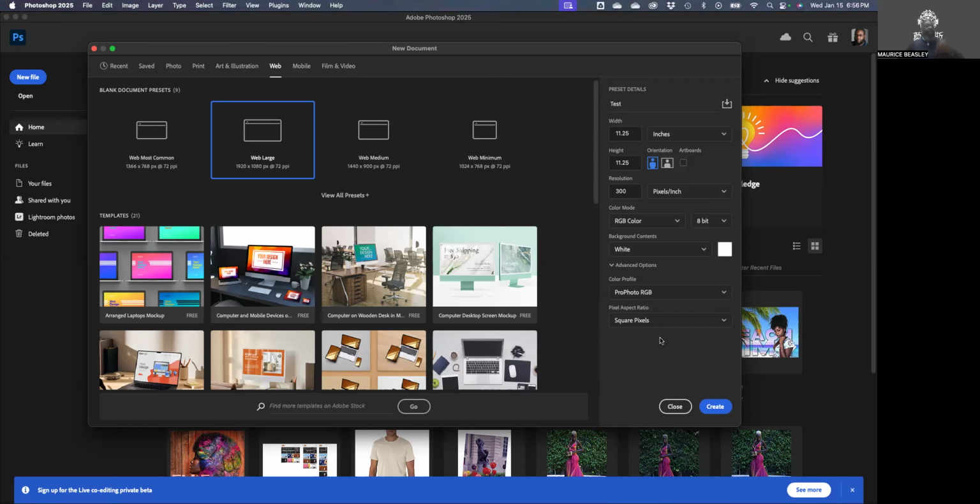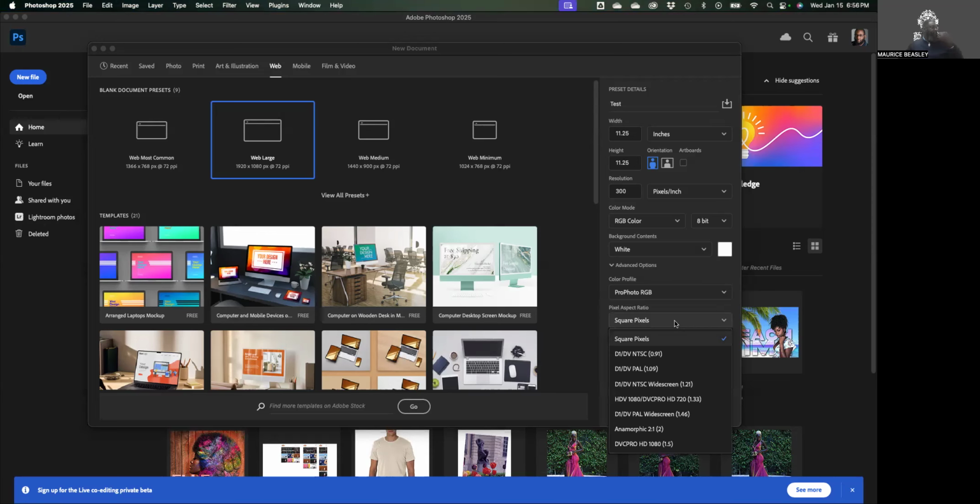If you're working in video, you got to go to the video editor and you got to ask them before you make this new document, what's the aspect ratio? They'll know what that means. And they'll tell you what the aspect ratio is. If they rattle off a bunch of numbers to you, just tell them, hey, is it anamorphic? Is it DVD, PAL? Is it what is it? They'll tell you. And those who have experience with Photoshop will know to tell you which one to use,